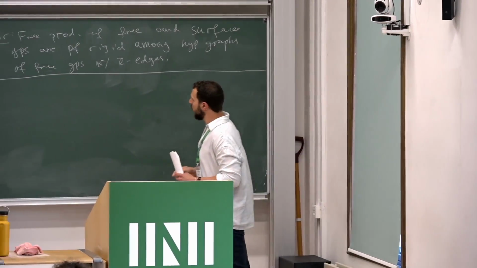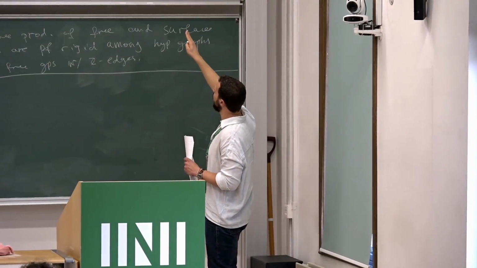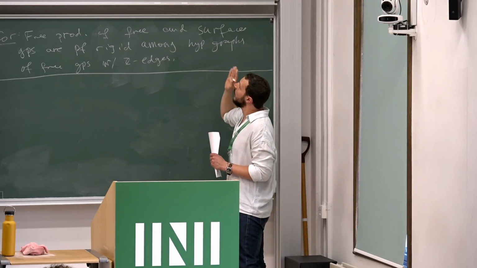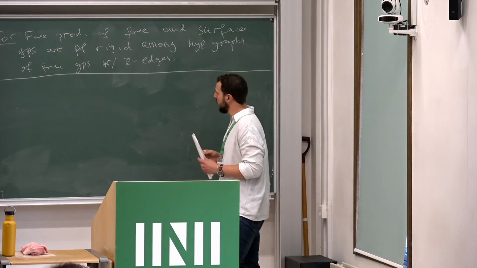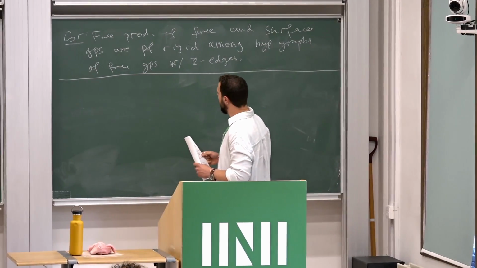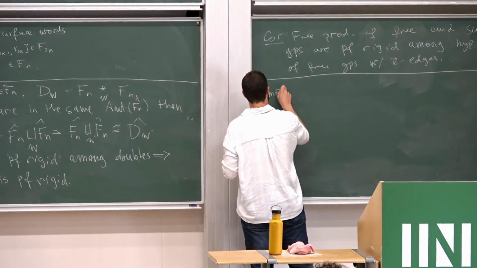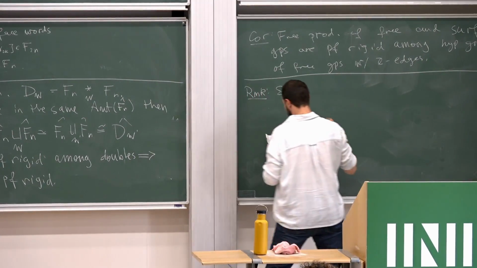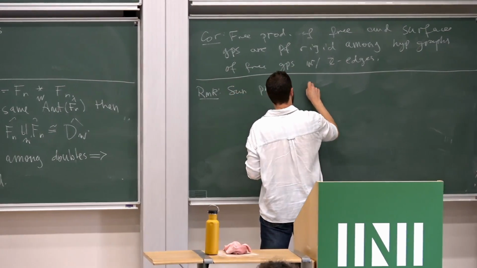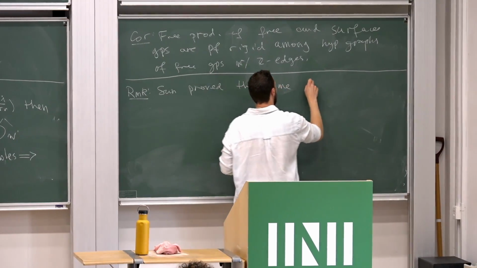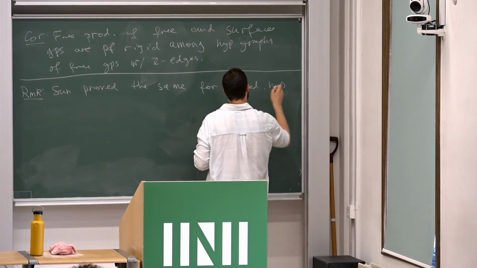Before I tell you about the proof, I will say that while this result is very far from showing that these groups admit positive exponential torsion growth in homology, it does match the state of the art of what we know in the world of three manifolds. So Hongbin Sun proved essentially the same thing for closed hyperbolic three manifolds.